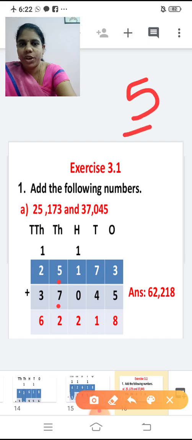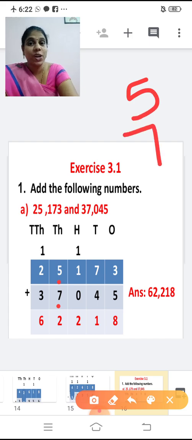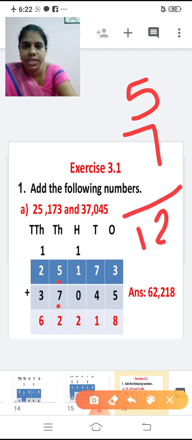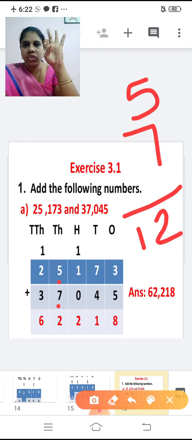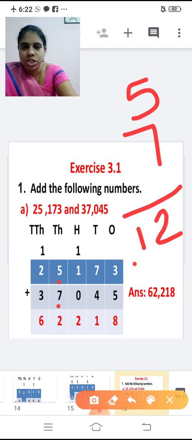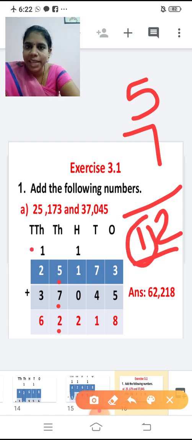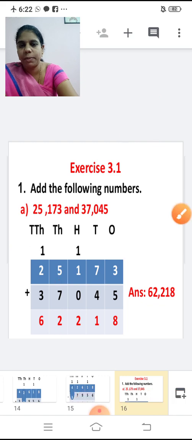Now add the thousands place now. We are going to add 5 and 7, or it's 7 plus 5. Keep 7 in mind, 5 in finger. After 7, I'm going to add 5 numbers. 8, 9, 10, 11, 12. So it's a 2-digit number. So 2, I'm writing it here. This 1 is carried over to the next place. That means the 10,000 place. Now add the 10,000 place now.